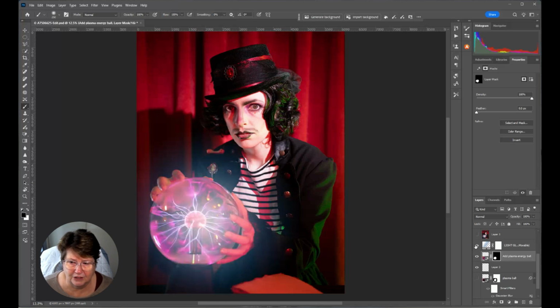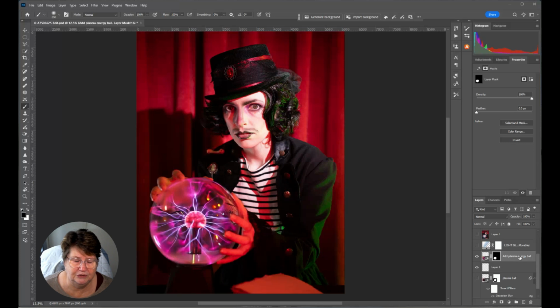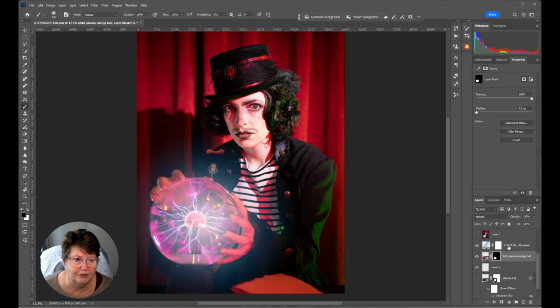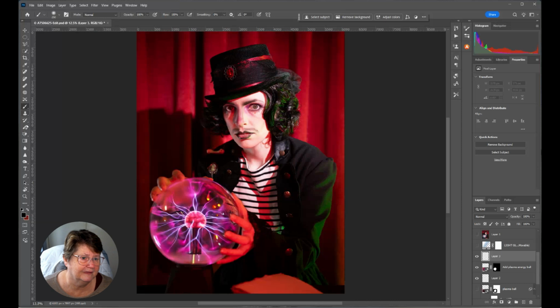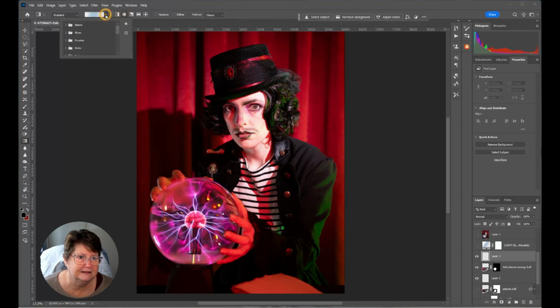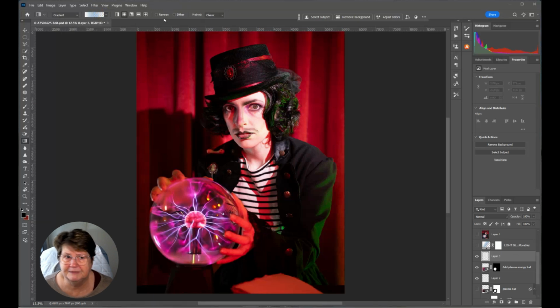I went and added a glow. Now I did use an action just to add that glow, but it really is just a case of adding another layer, going to gradient, going to circle gradient, and picking what you want. So on this particular one, I'm going to go from the middle out,